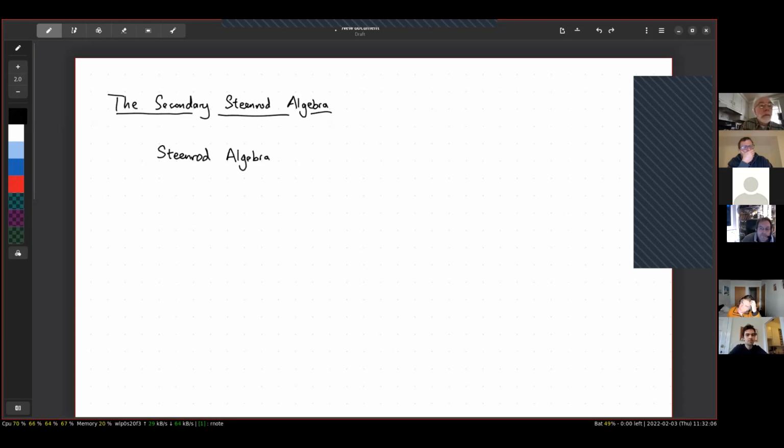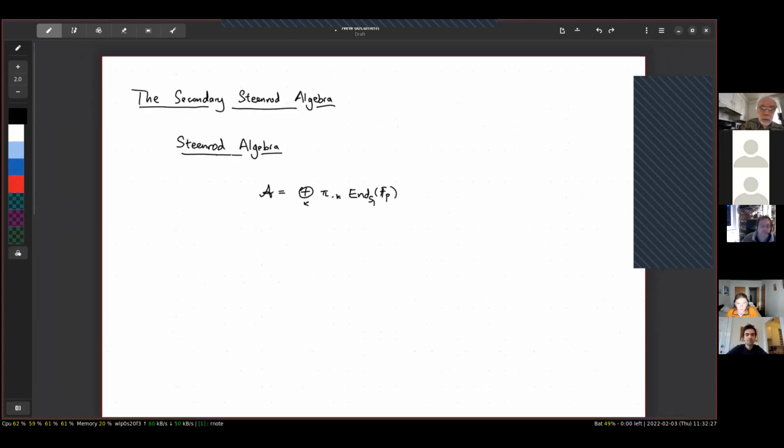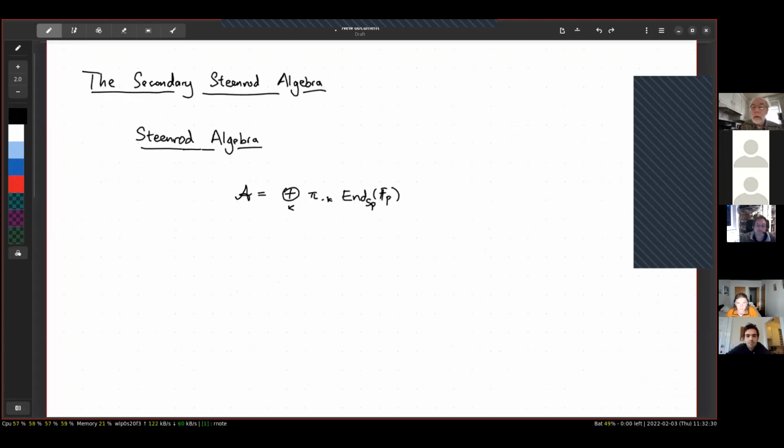So I assume most of you are familiar with the Steenrod algebra, but I'll just write things out to set the stage for what's going to happen next. So the Steenrod algebra is the algebra of all cohomology operations. So you can define A as the sum over all k of π_{-k} of the endomorphism object of F_p, and this is endomorphisms over spectra, if you want to be explicit. And then the cohomology of a space is the sum over all k of π_{-k} of maps from X to F_p. So this is a very standard definition,